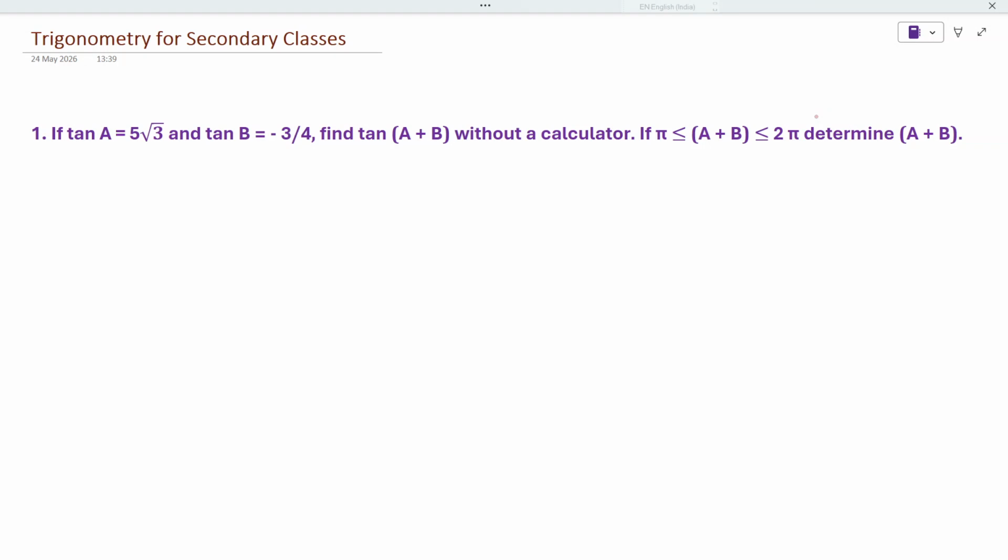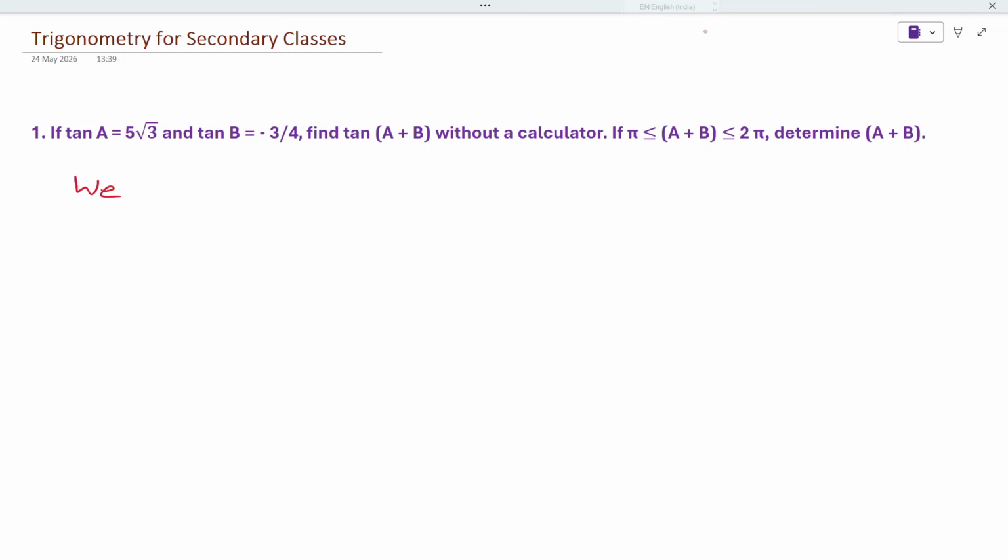If tan A is equal to 5 root 3 and tan B is equal to minus 3 by 4, then find tan(A + B) without a calculator. And if the angle A + B lies between pi and 2 pi, determine the angle A + B. So we know